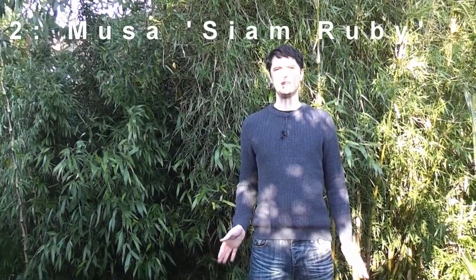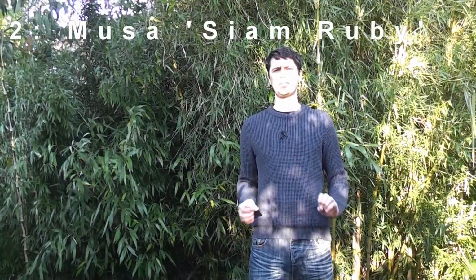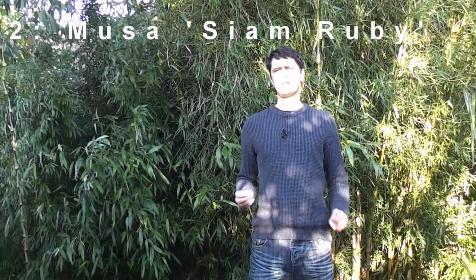At number 2 we have a banana, and this is Siam Ruby. Siam Ruby looks stunning with its red leaves, speckles, sort of yellows and greens, but it's mainly like a maroon colour, really beautiful, well, ruby coloured leaves. The trouble is, again, this is a plant that needs really hot weather to grow well, really warm weather to get good growth on it,